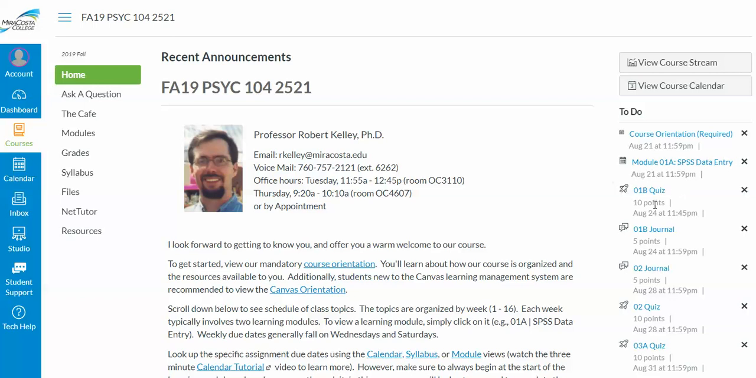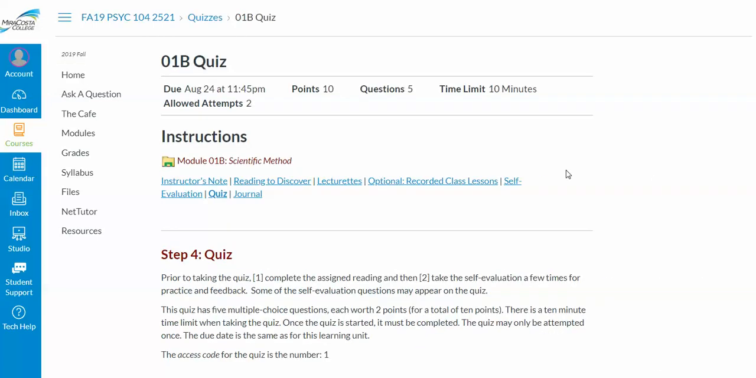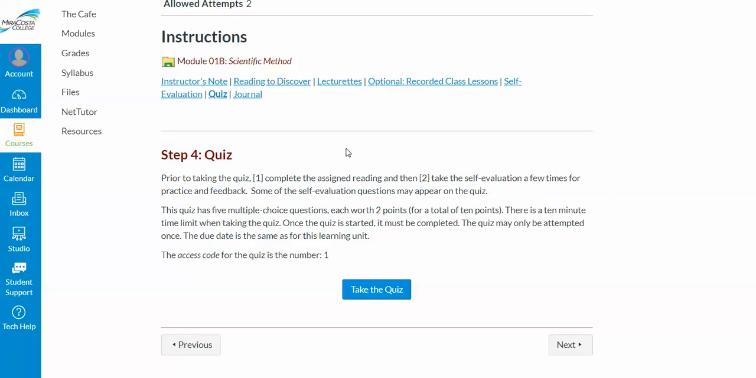So with the to-do list, if you see something here, you can simply click on it and it'll take you directly to that assignment. So if I were to click on 01B quiz, it'll bring me right to the quiz. Of course, having not read any of the material or watched any of the lecture videos, taking the quiz right now would not be a good idea. But what I could do is, looking at the module, I can go straight to the instructor's note,